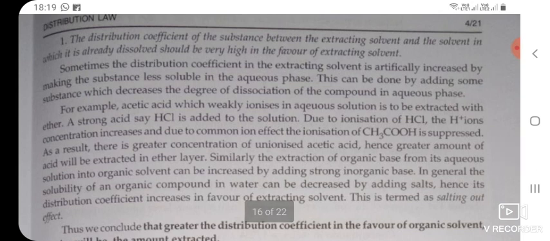The distribution coefficient of the substance between the extracting solvent and the solvent in which it is already dissolved should be very high in favor of the extracting solvent. Sometimes the distribution coefficient in the extracting solvent is artificially increased by making the substance less soluble in the aqueous phase. This can be done by adding some substance which